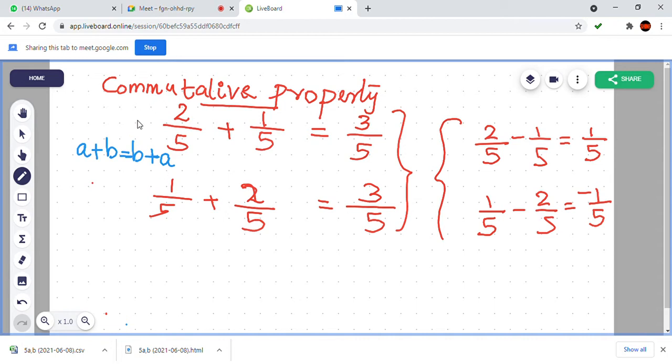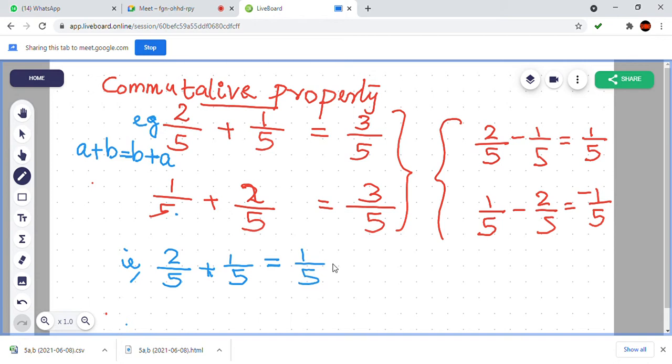Then after you can write this example. Example, 2 by 5 plus 1 by 5 is equal to 3 by 5. And below you write 1 by 5 plus 2 by 5, that is also 3 by 5. So below you can write that is 2 by 5 plus 1 by 5 is equal to